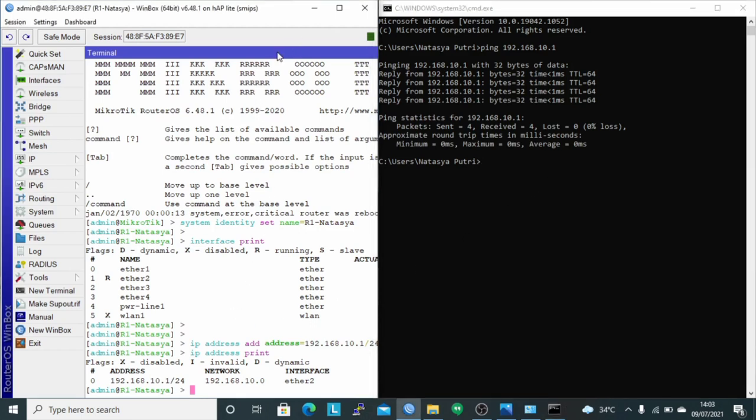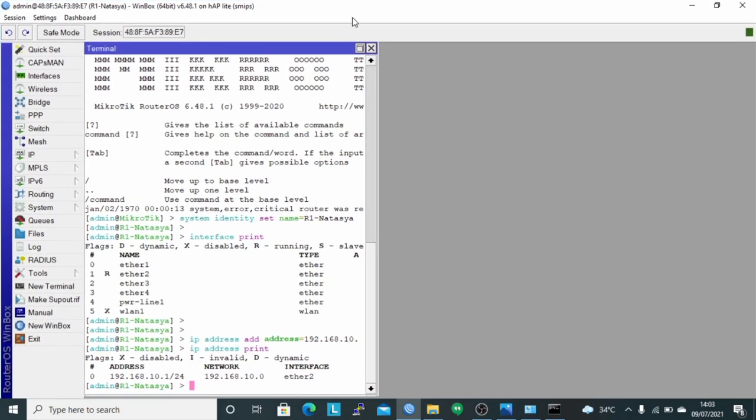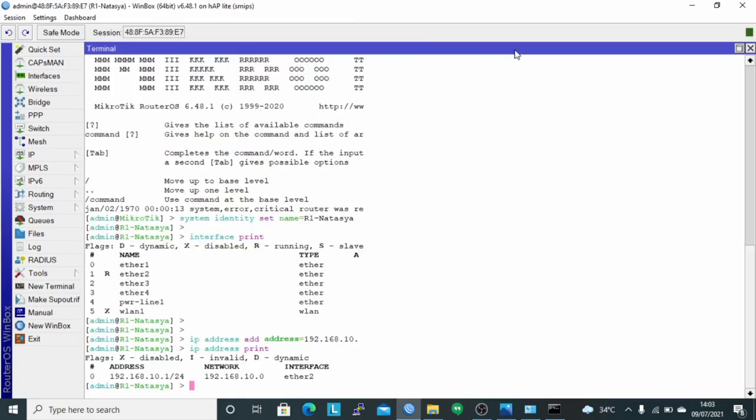And next, configure the firewall filter to block ICMP packets or pings from the client to the router.